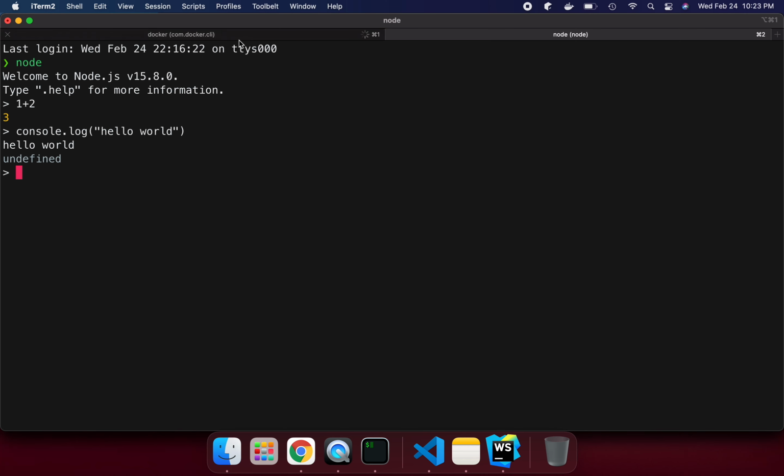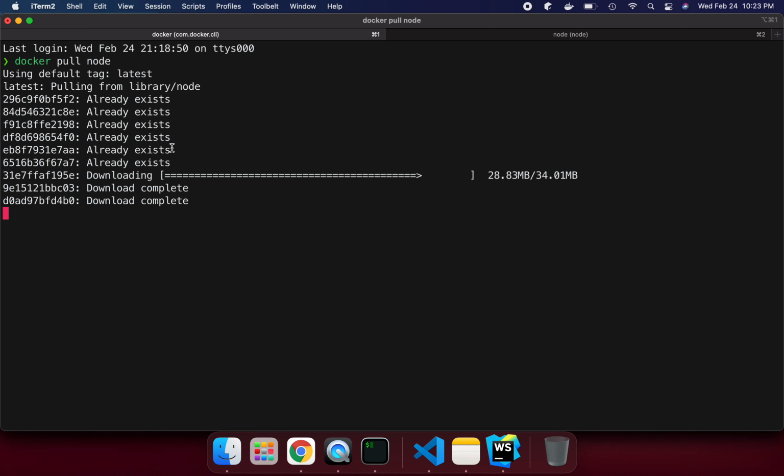In a similar way, I'm going to do this for a container. We are pulling the node image first, and then we are trying to run the container through this image. It's taking a little bit of time to pull all the layers of the image, right. Images are basically put into layers and they are read-only. So it's taking a little more time. Let's finish this first and then we will go over it.